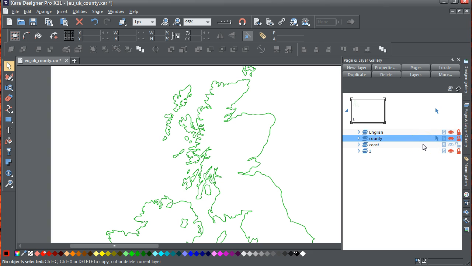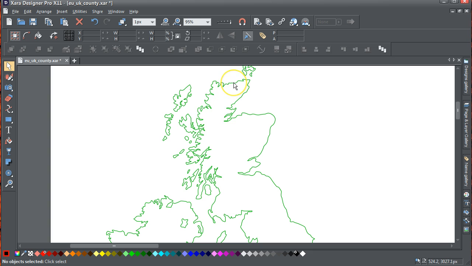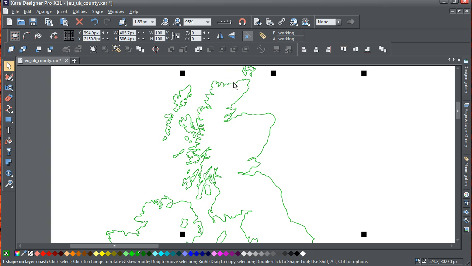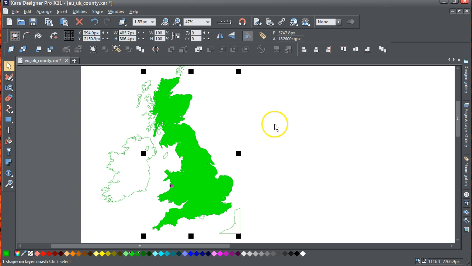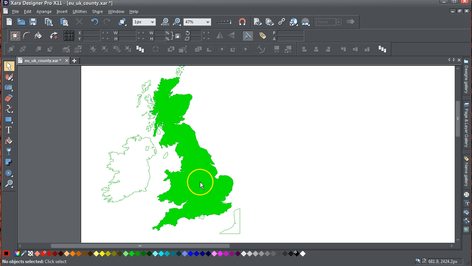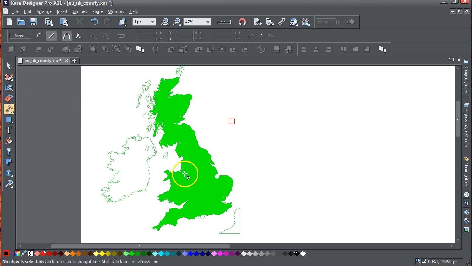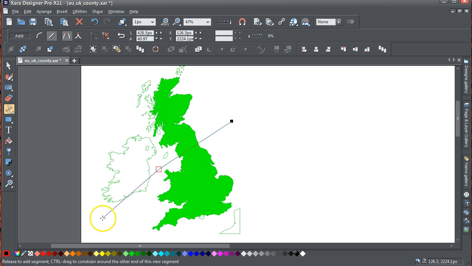Okay, so I've zoomed in here now, and we're on the coast. What I'm going to do is just select that one shape, and I'm going to give that a colour of green. I'm going to zoom out, previous zoom. You can see that's coloured this whole shape in green, and just for the sake of argument, if I draw a line across like that,